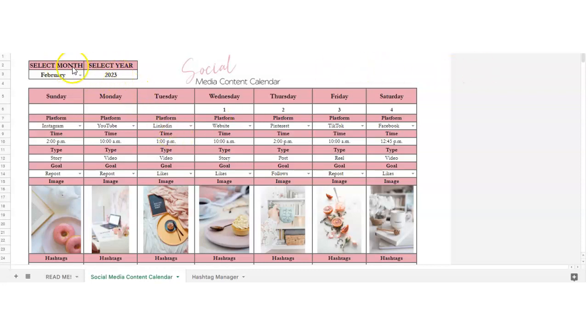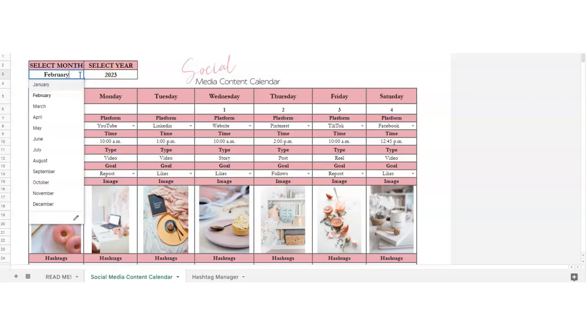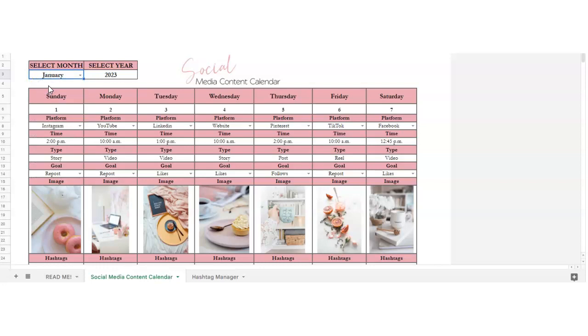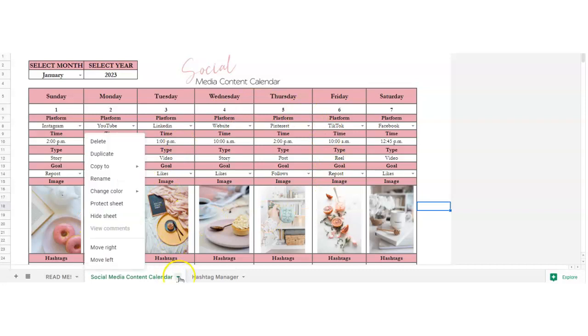Okay, so first at the very top, you can select what month and year you're going to be using. So you would start and do the drop-down box and say it's January. Then the numbers are going to fill in automatically depending on what date it is. Having said that, the content in this, the images that you put in and the information, does not change per month. So if you wanted to have one just for January, use this just for January, and then you would go and do the arrow and then duplicate,